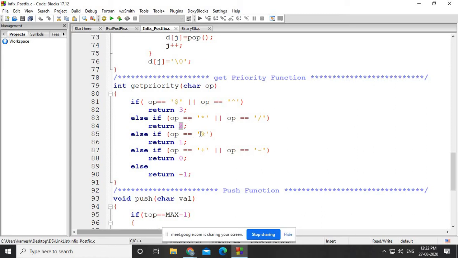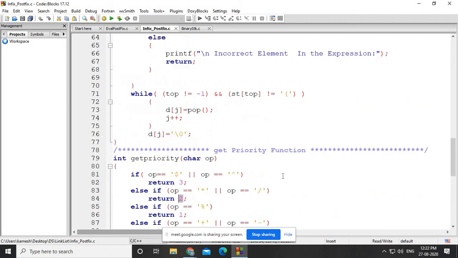Similarly, if the user is entering a modulo, obviously the modulo has a lesser priority than star and division, so here we are returning 1. And if the user is entering a plus and minus, in that case we are returning 0, otherwise we will return -1. So a very simple function, the getPriority function.